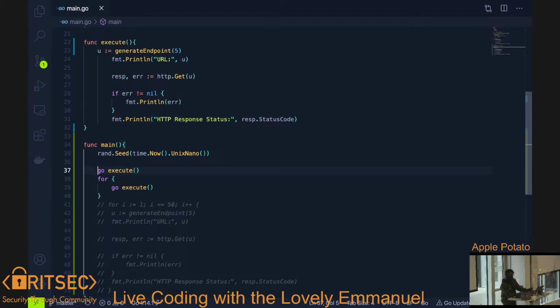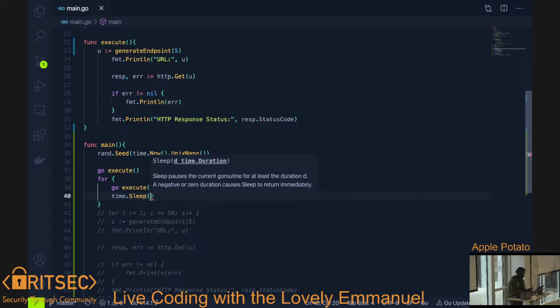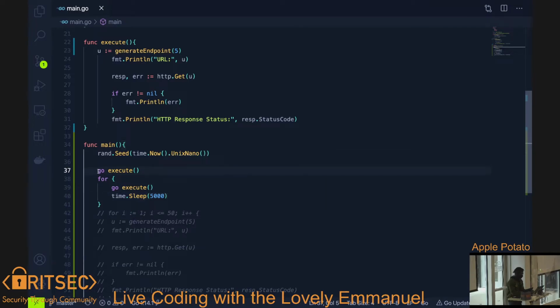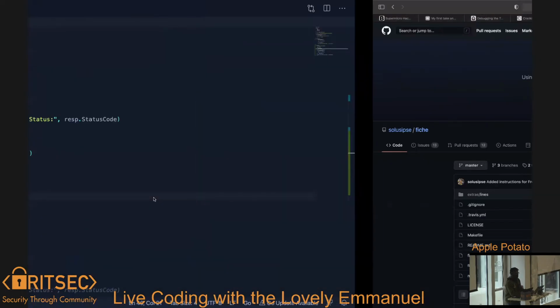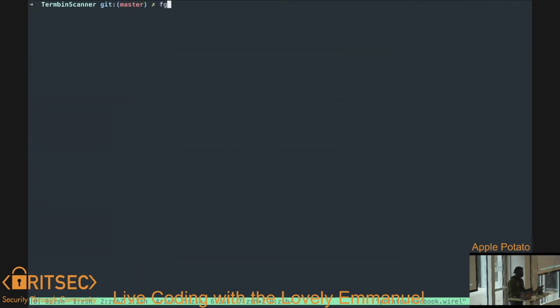Yes, but how many endpoints does he want to generate? Like that? It won't stop any of those Go routines. No, it will. Yeah, you could do that. That works? Okay. We actually did some live coding, not the one I had like 2 years ago. Okay, let's try this. Please don't break my computer. Or just don't get banned.